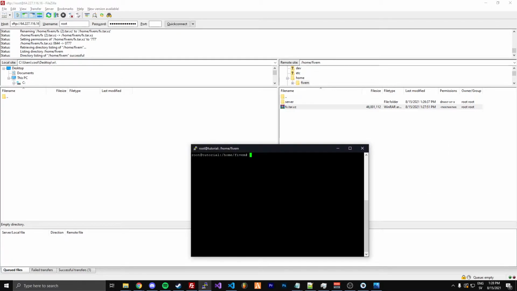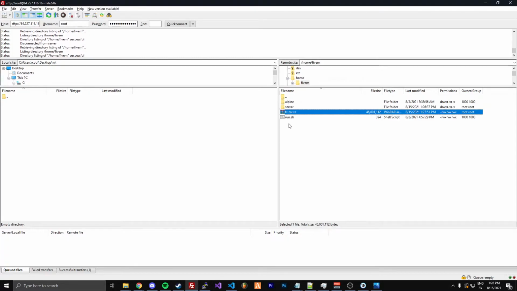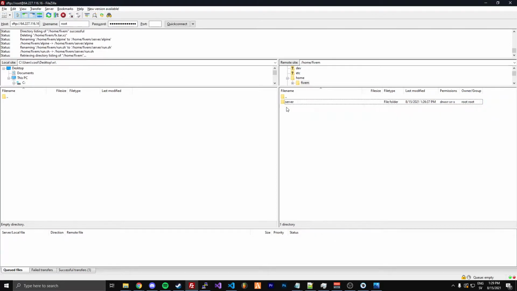Okay, so when that's done, you want to write tar xf fx.tar.xz. It's gonna extract the server artifacts. Boom. Once you see that, it's done. And you want to put this inside your server folder here. Okay. Once that is done,